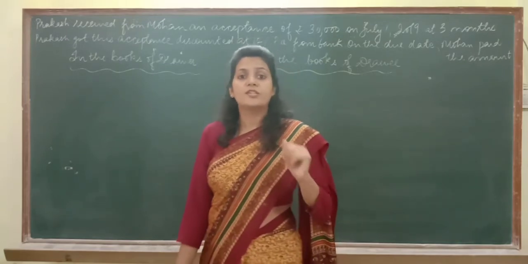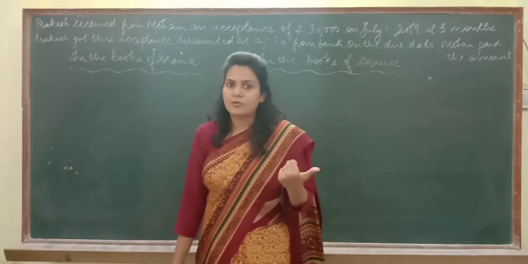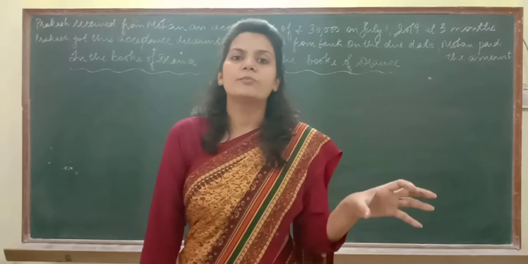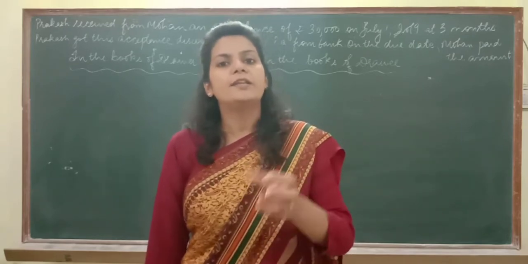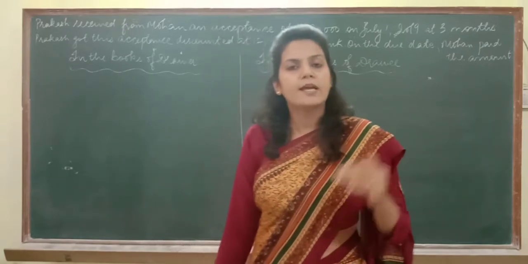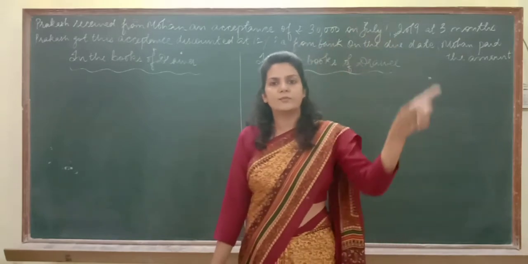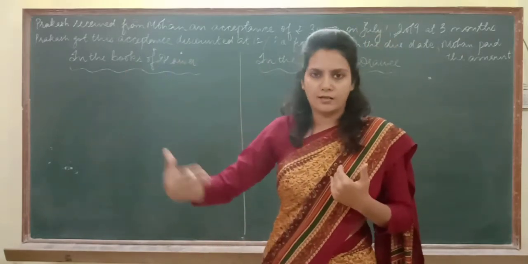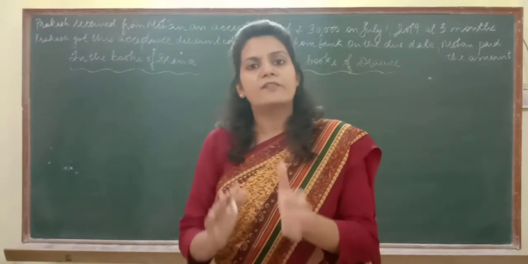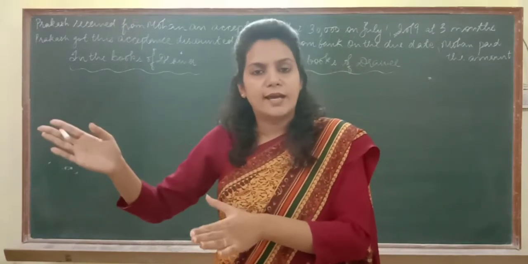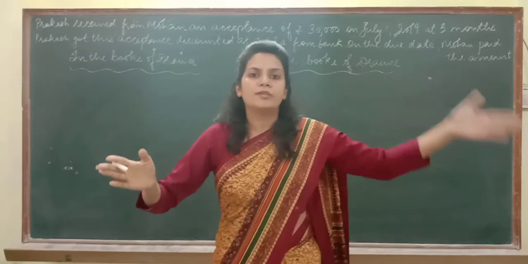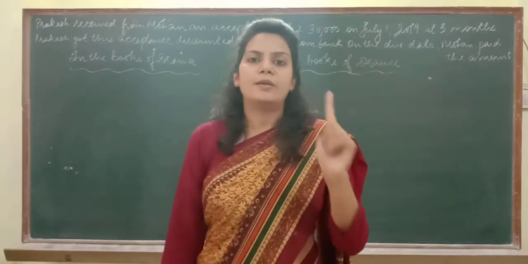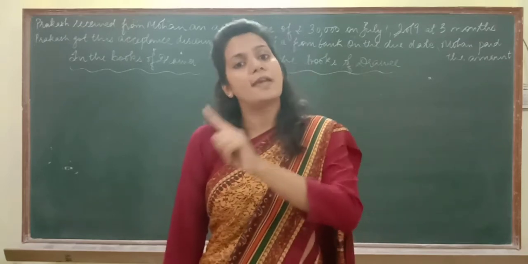But I am in a financial crunch, or you may say crisis. I need money right now. I can't wait for 3 months to get money from Dhriti. So as the bill which was signed by Dhriti is with me, I gave that bill to the bank. I told them that after 3 months, Dhriti is going to make payment to you, because the drawee makes the payment to that person who is having the bill.